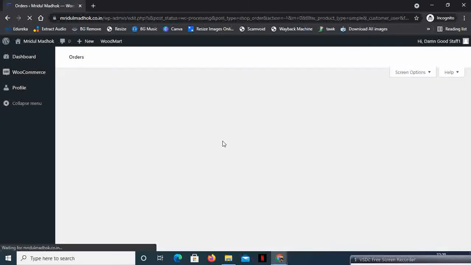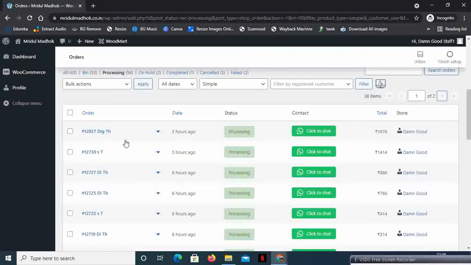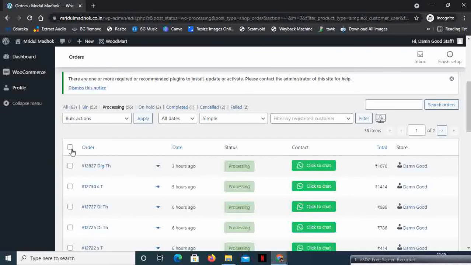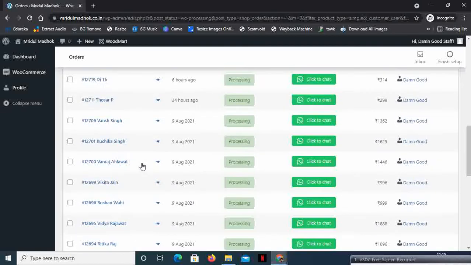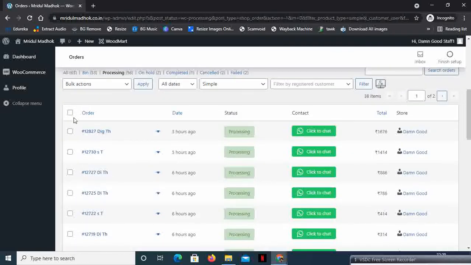So this is how you can filter the new orders, and if you wish you can select the orders manually, or if you want to select all the orders which are processing and download the invoices, you can do it from here. So to select all the orders, you can just click on this box, or you can select the orders manually like this.